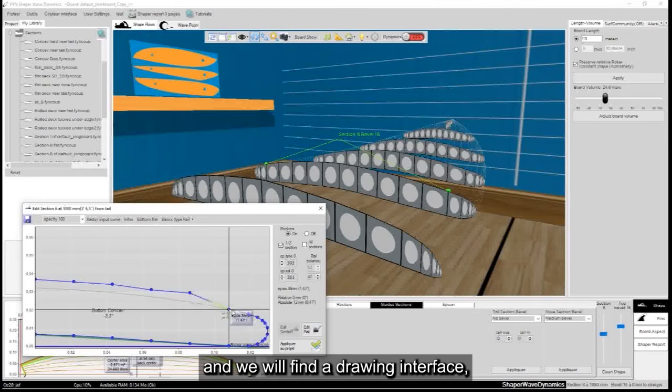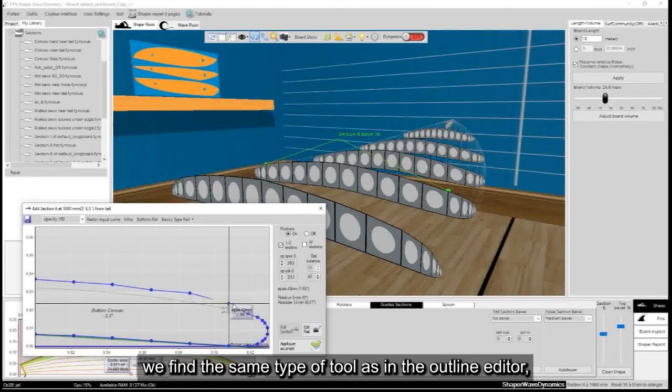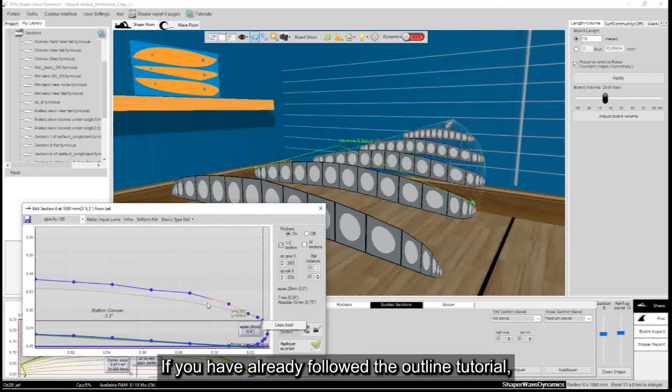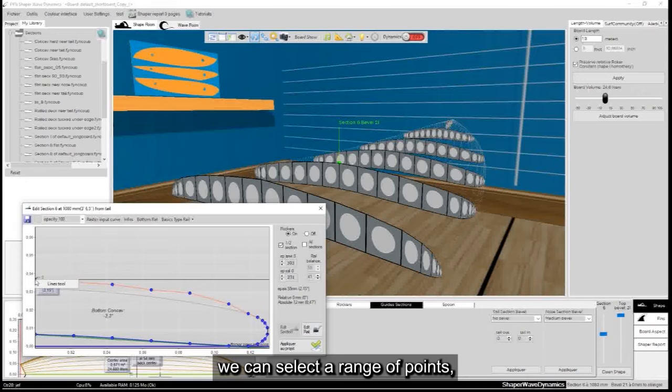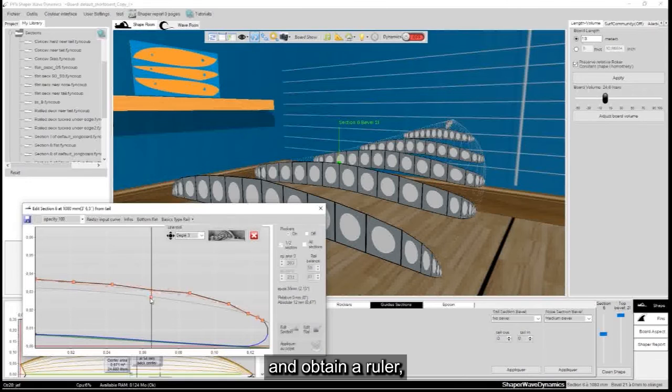And we will find a drawing interface. We find the same type of tool as in the outline editor. If you have already followed the outline tutorial, we can select a range of points and obtain a ruler.